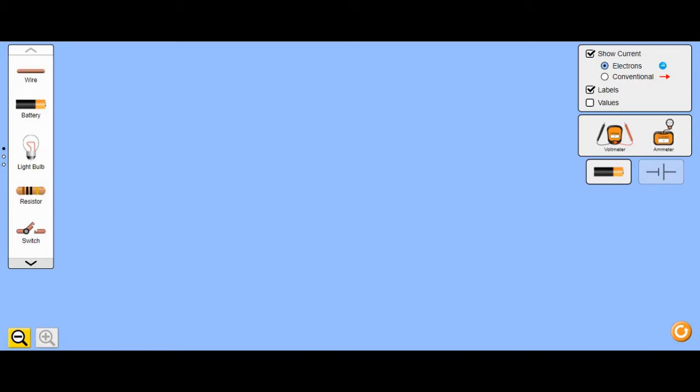Let's start with the open and closed circuit, the basic things that middle school students need. For this, guys, you need to know what apparatus or materials you require. For electricity, definitely you need the battery, you need wire, you need a bulb, and you need a switch, right? The basic components of an electrical circuit. Okay, so for this, let's